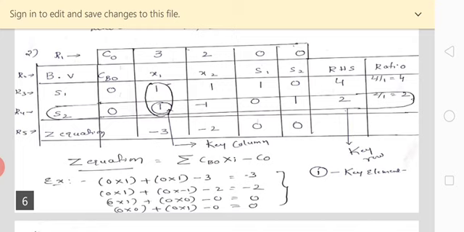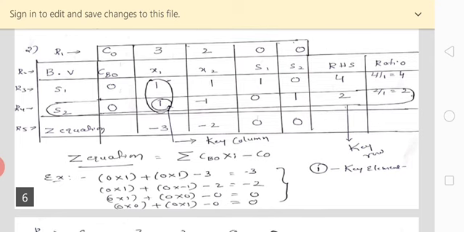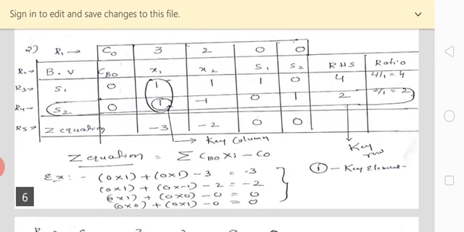If you do it, you will get minus 3. Similarly, for x2 go for 0 into 1 plus 0 into minus 1, minus 2, that is the coefficient of the objective function, so it becomes minus 2. Similarly for s1: 0 into 1 plus 0 into 0, it will be 0. Next, for s2: 0 into 0 plus 0 into 1, and the objective function coefficient for s2 is 0, so it becomes 0. See, this is how we calculate the Z equation.